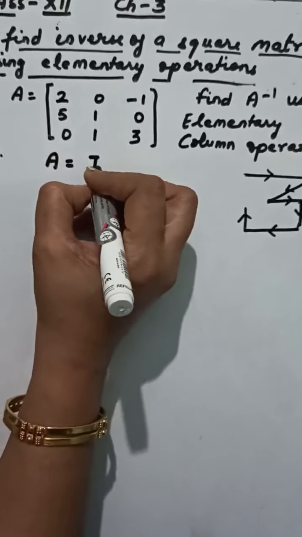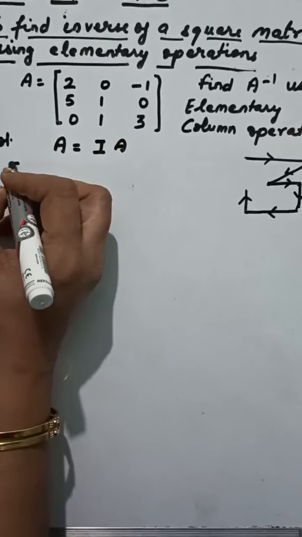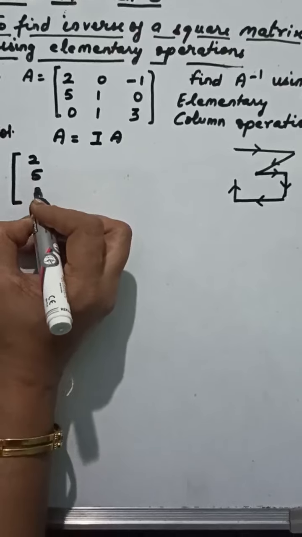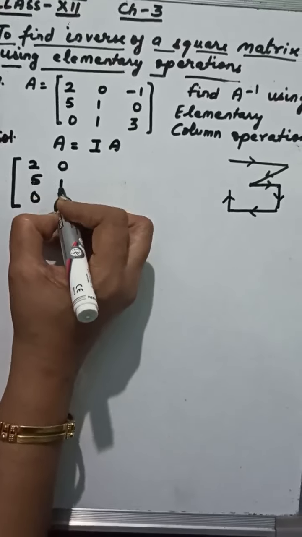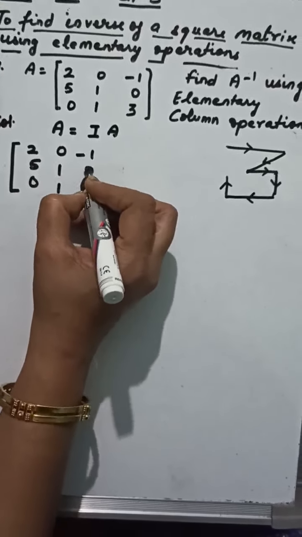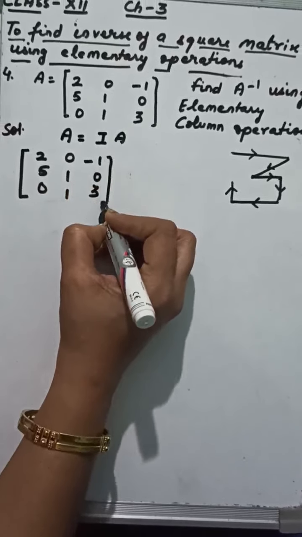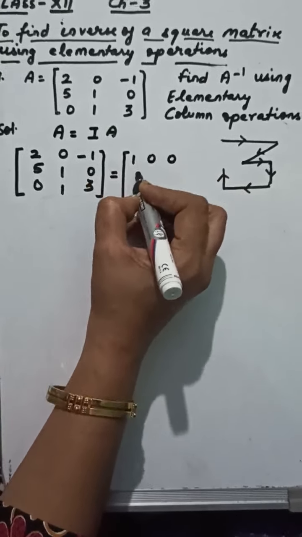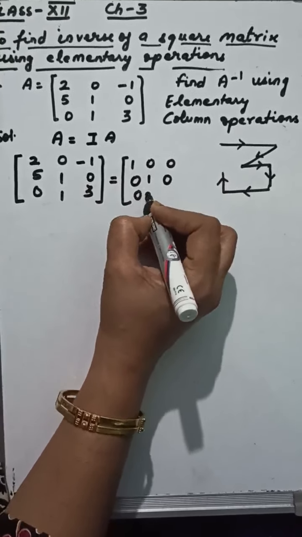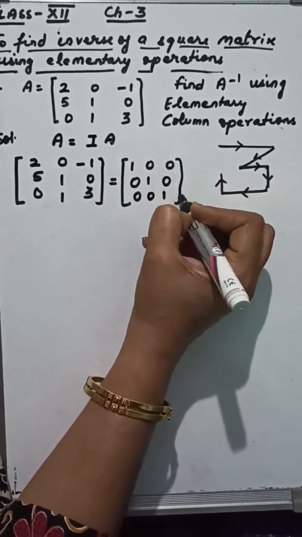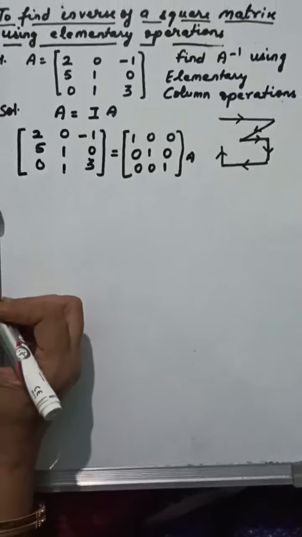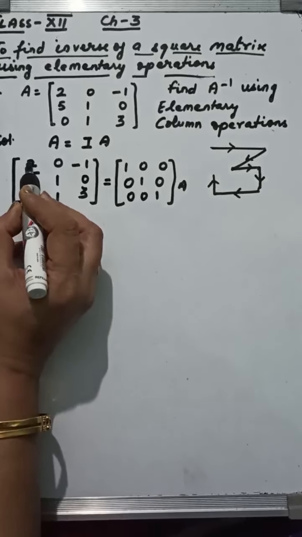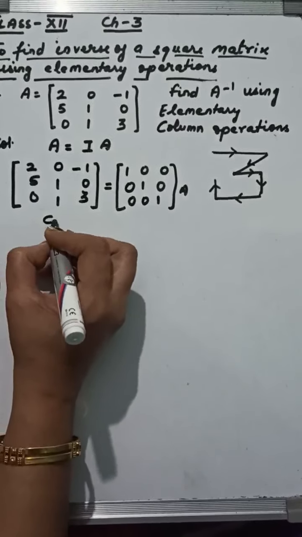Let A is equal to I into A. So on the left hand side we write the given 3 cross 3 order matrix. On the right hand side we write the identity matrix of 3 cross 3 order. Now we want to use the elementary column operations. So first we make this element as 1. To apply in C1